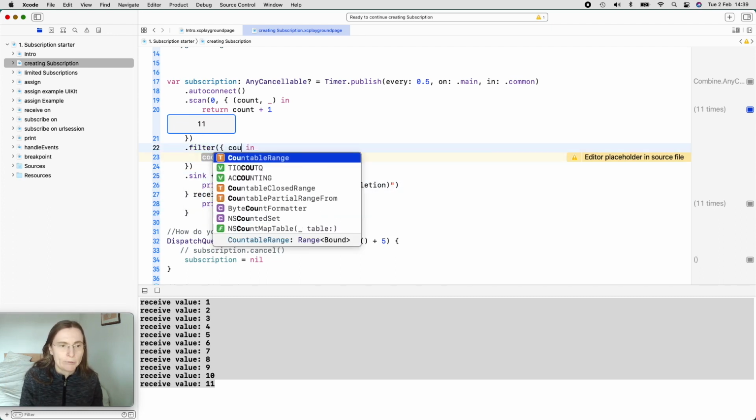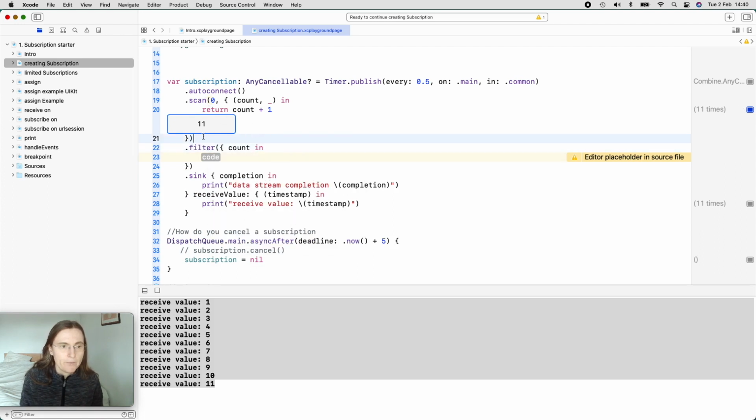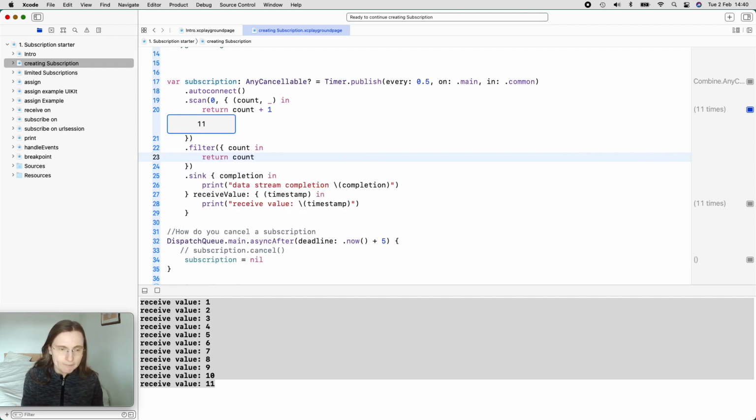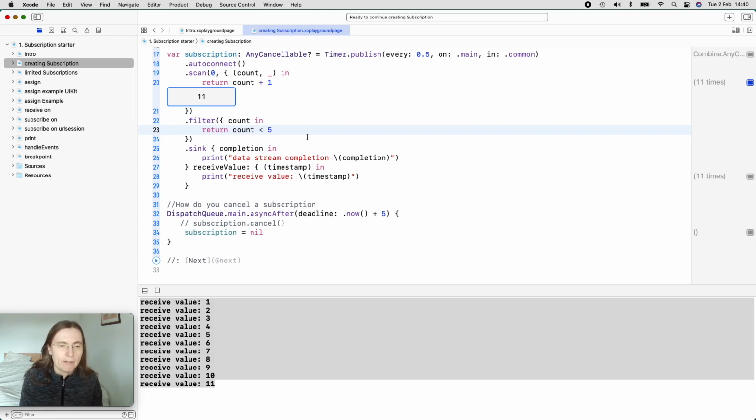So we get here the count that we calculated in the scan, and we can say: let this pass if my count is smaller than 5. I don't want to go so high, so stop at 5, or actually before 5 even. If I want to stop at 5, I need to say below 6. So if we run this now again,